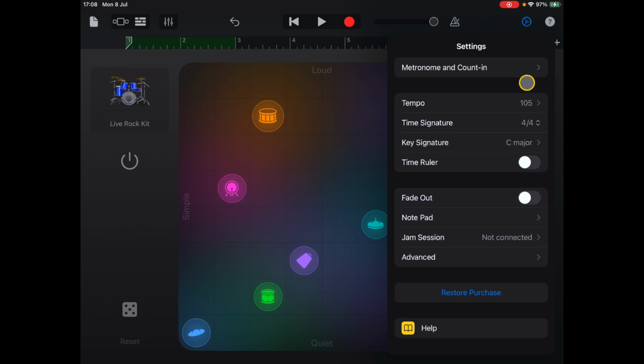If you think I want to speed things up, you can go into the settings cog and change the tempo. The time signature, because you've already recorded in 4 beats, you're best off sticking with that. If you haven't recorded any melody, you can change the key signature here. And you can change whether you want to view the time ruler as seconds and minutes, or bars and measures. You can also opt to have a fade out at the end,